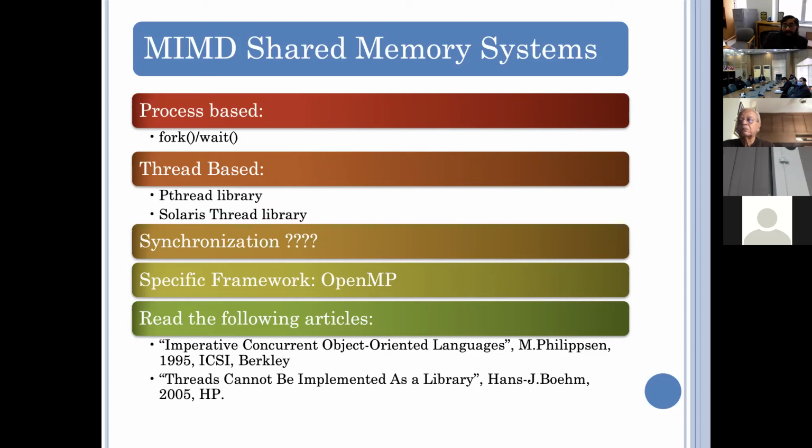Either by the introduction of a new parallel or concurrent programming language. As a simple user, it is very difficult. We first learn a sequential language, C or C++, then learn a lot of other languages, and then we try to learn different parallel languages. So the learning curve will be very slow, and the productivity will be very low. That's why, instead of a concurrent language, we should have library-based solutions.